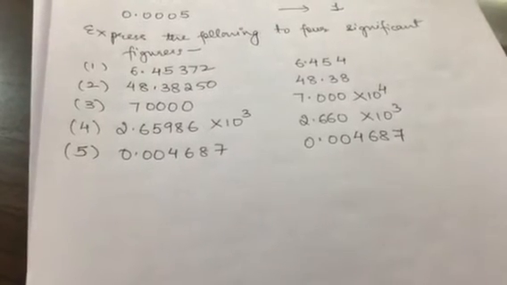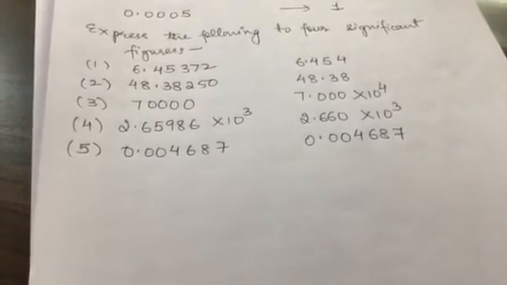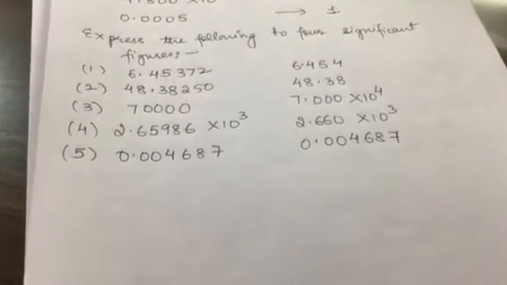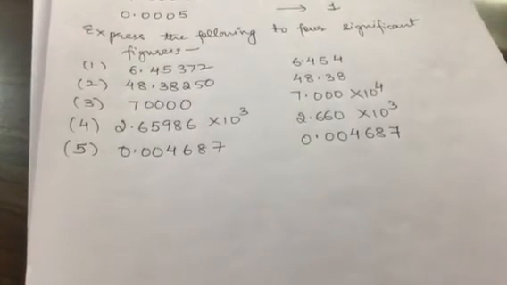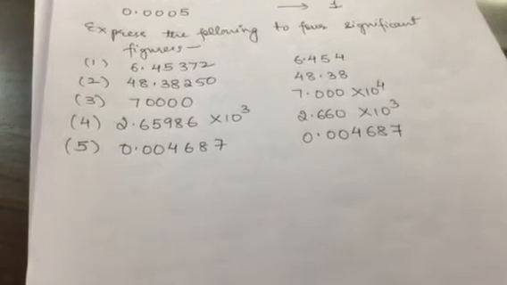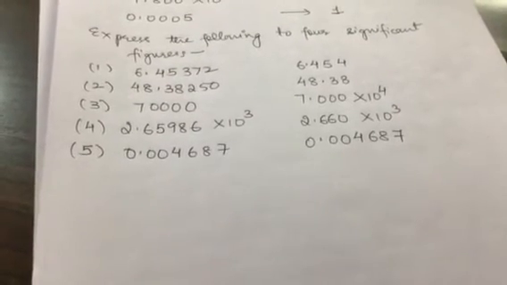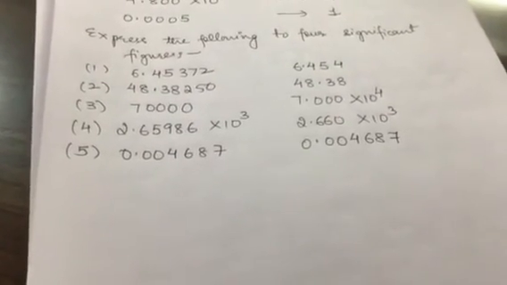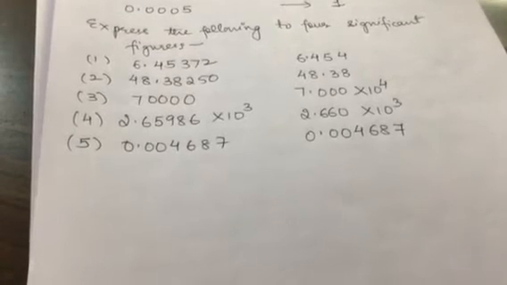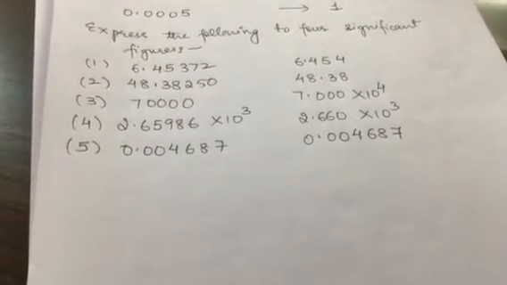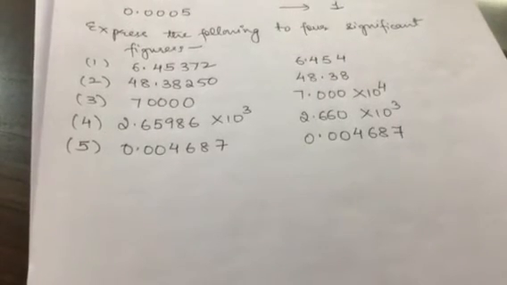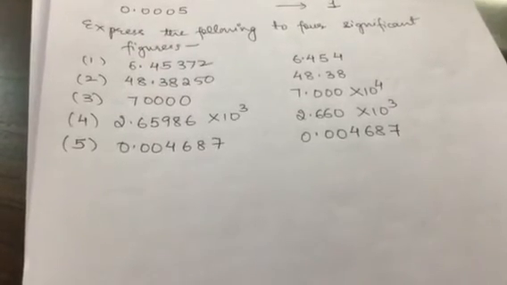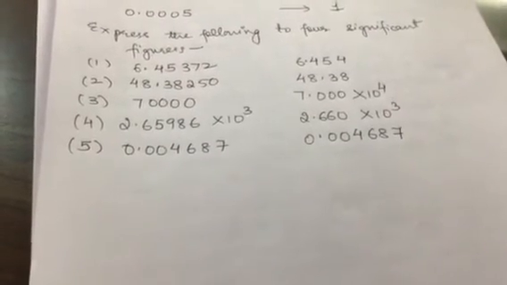In the third one, 70000, there are 3 decimal positions which I am using. I am writing it in exponential form because I must write the number in such a way that its value should not change. So it's already 70,000. So it should be represented in such a way that the number remains 70,000. Please do not change the mathematics part while studying chemistry. Understood? So the number becomes 7.000. So there are a total of 4 significant digits, and if I use 10 raised to the power 4, then the total value would become 70,000.